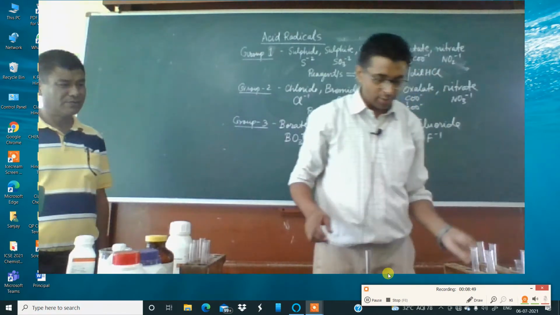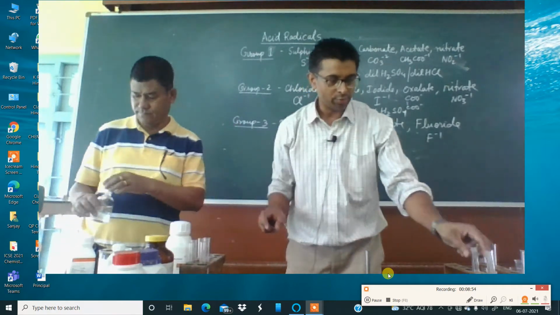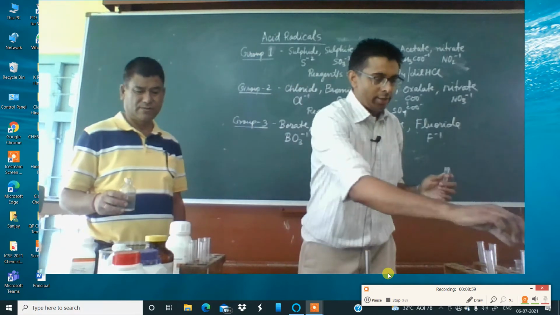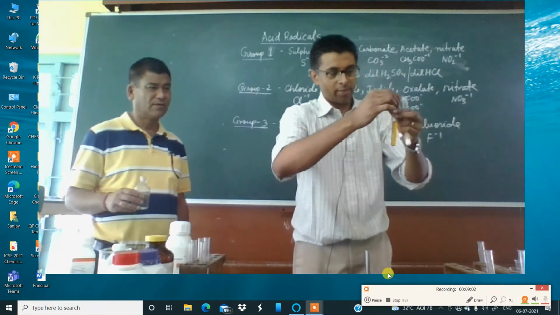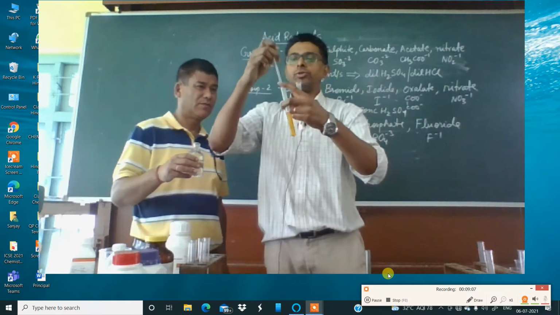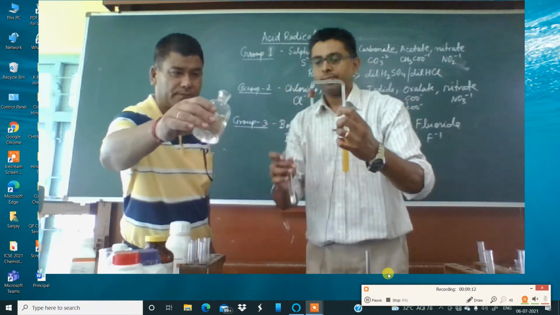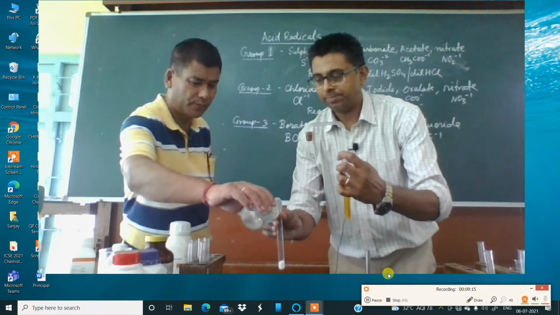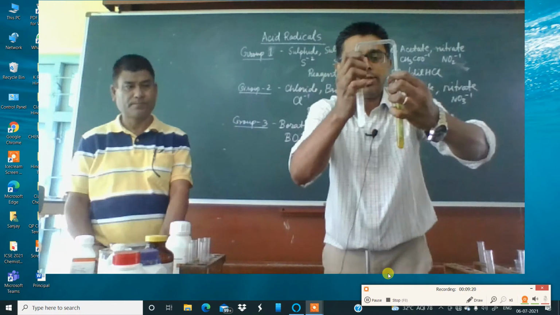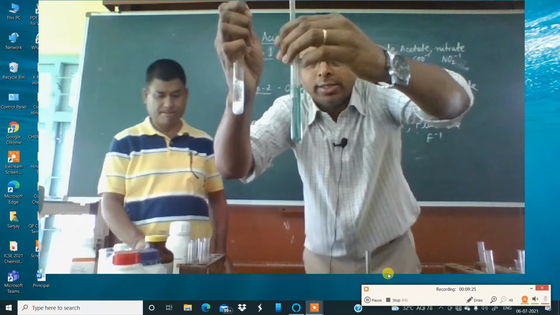So that is done. Now the second part. Okay, again the sodium sulfite sample. To this I will use potassium dichromate solution. I'll pass the gas through potassium dichromate solution like this, through the delivery tube. So now I am passing the gas through this solution. I keep on passing. You can see the color is changing to green.